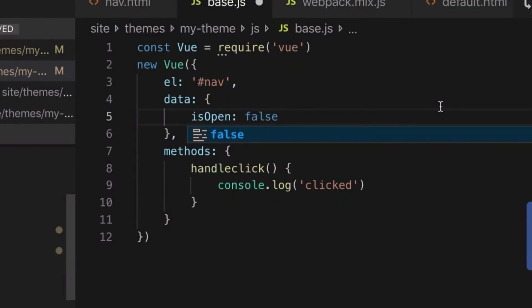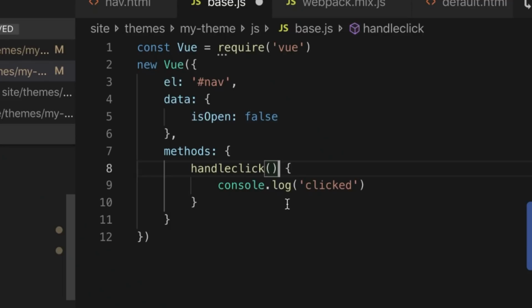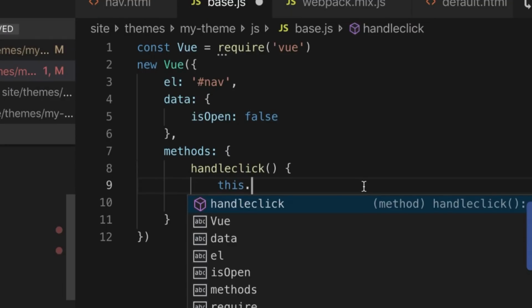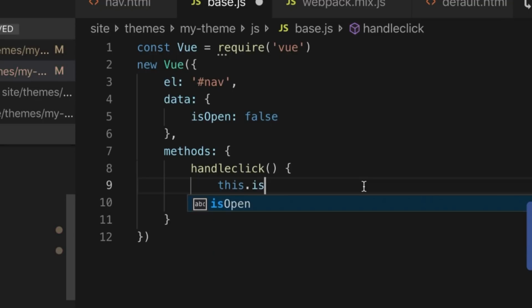Yeah. And then on our handleClick function here, that part's done. So now in handleClick, get rid of this console log, and instead type this.isOpen. This is just referring to the data on the Vue instance. So we're referencing this variable up here. Yeah. Then we want to say equals,